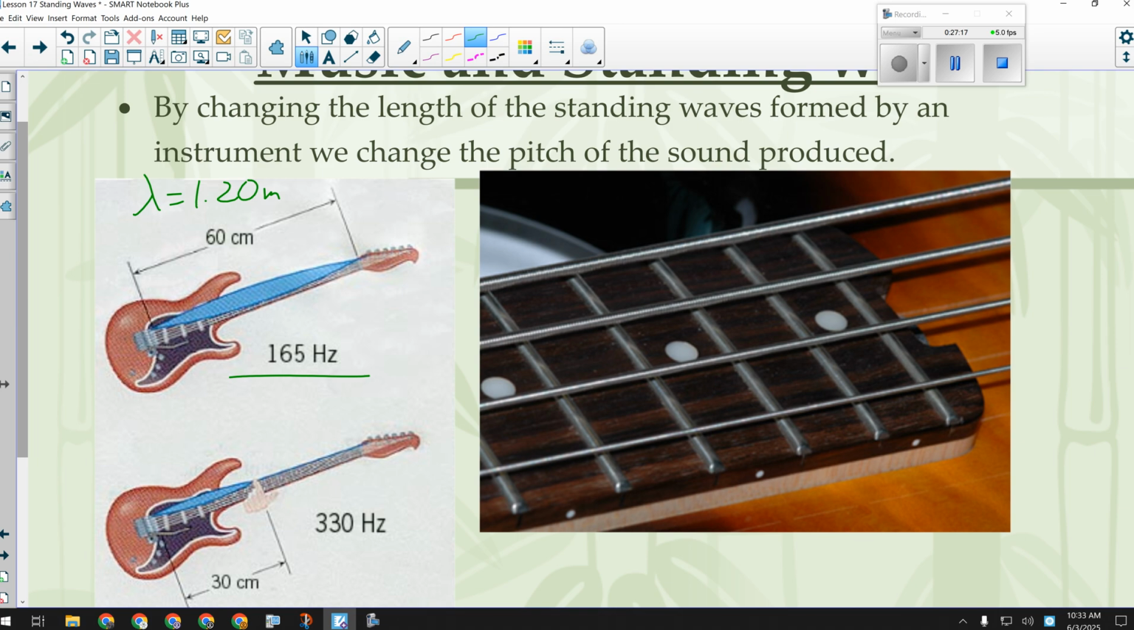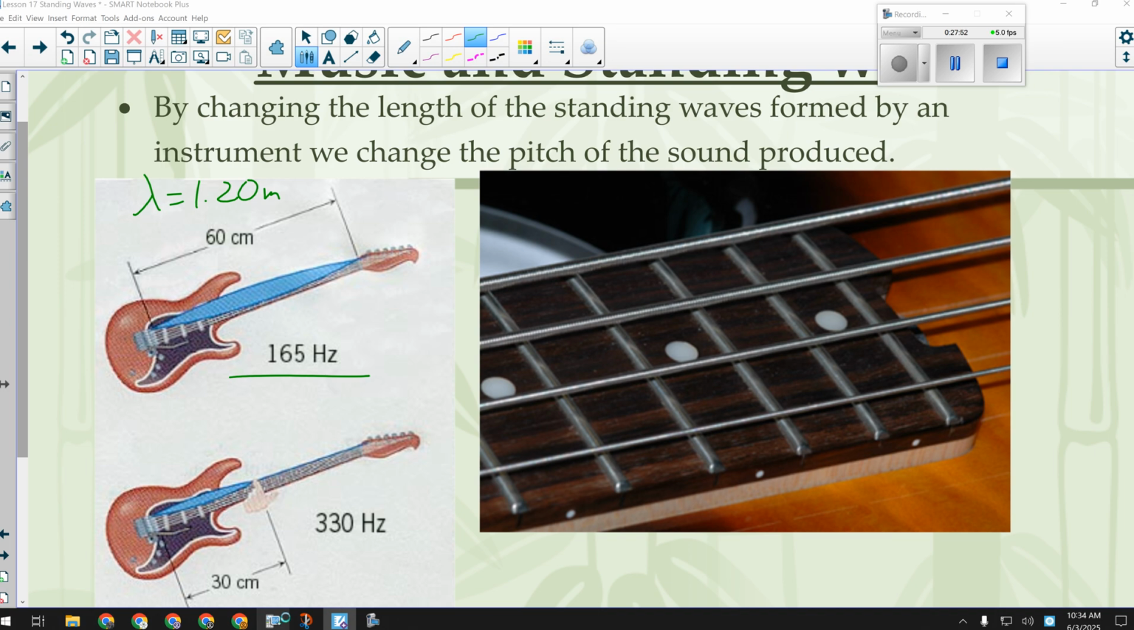I mentioned this before. Could I give you a picture like that with that information and ask you for the speed of the waves? 100%, how would you get it? Lambda times frequency? Yep. V equals F times lambda, right? It just comes back to the universal wave equation. 1.2 times 165 is going to give me,